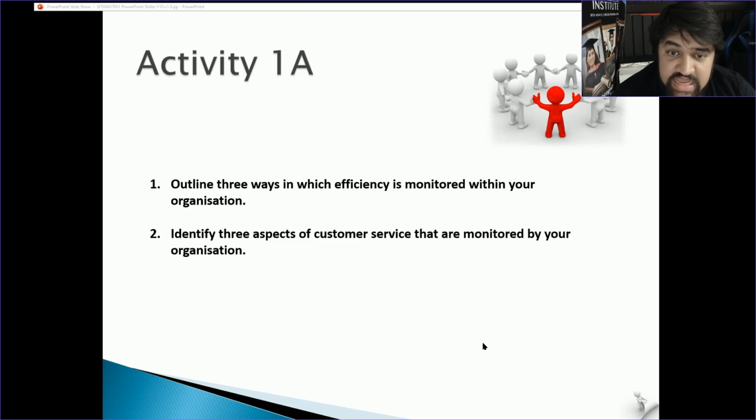So activity 1A: outline 3 ways in which efficiency is monitored within your organization. If I was talking about Equish Restaurant as a whole, we monitor efficiency through our sales, right? That's the first place of contact. If we're recording the sales through our point of sale system, then we're seeing how many sales we are making per hour. If we're making 10 sales worth at least a minimum of $100, so we're making about $1,000 an hour,